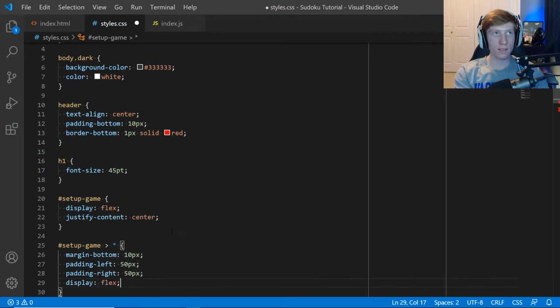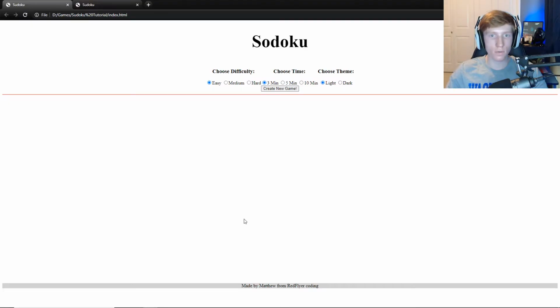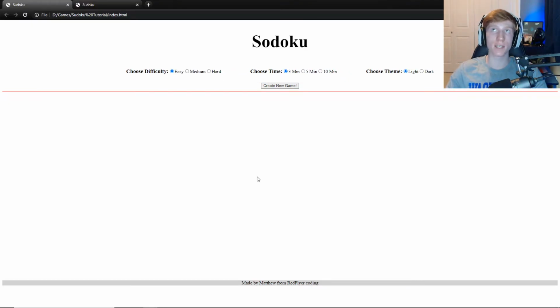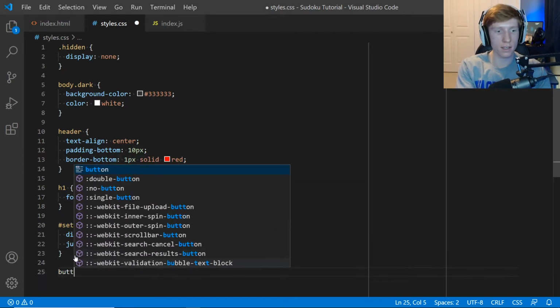Display flex. Align items center. Oh, I spelled a line wrong. Otherwise, that looks good. So if we go back here and refresh, now everything is spaced out evenly. Sorry about the error. The next thing we're going to add is button